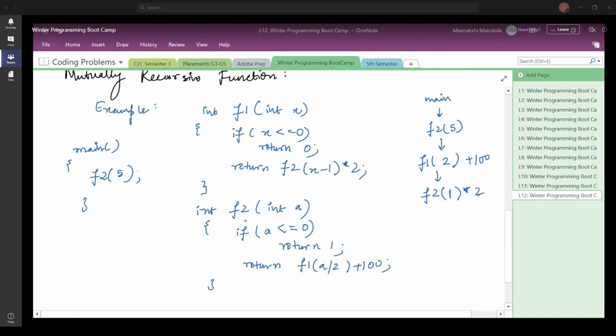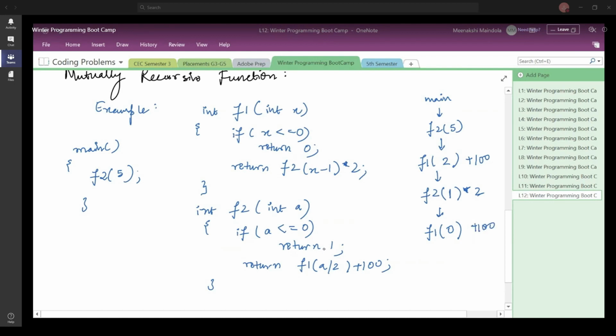Once you call f2 again with the value 1 as the argument, the condition comes out to be false, so you make another function call, which is f1 of 1 divided by 2, which results in 0. So you call f1 with 0, plus 100.